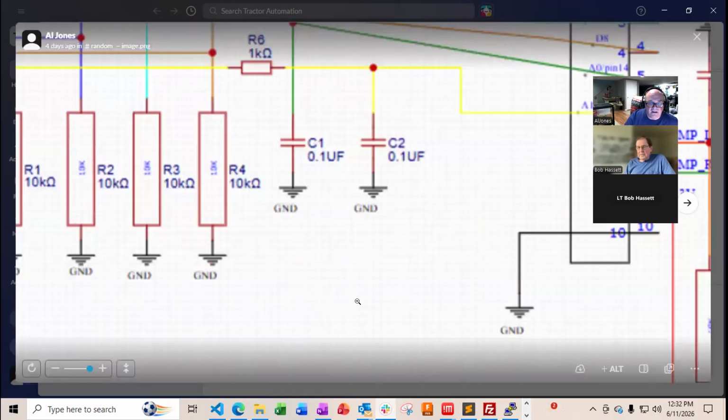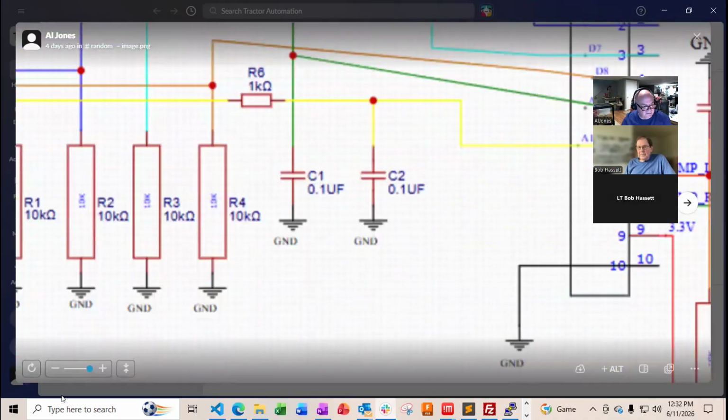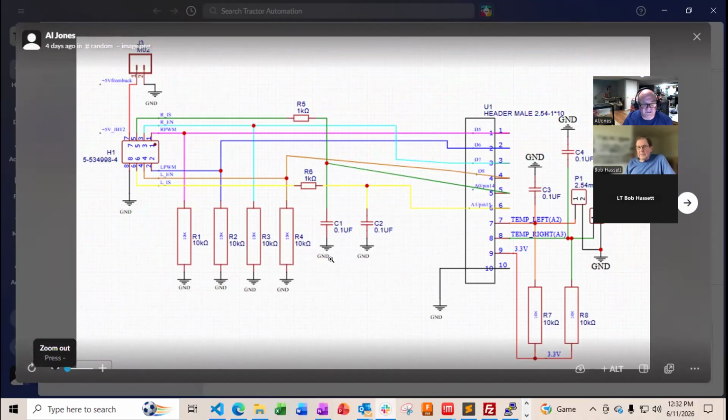Then I went through the process of figuring out what resistors I need to handle each of these individual lines. And then that would all go into a 10 pin header that I would connect to the Teensy. You say, why do you need 10 pins? Because this only has 8, and it's because I'm going to also add